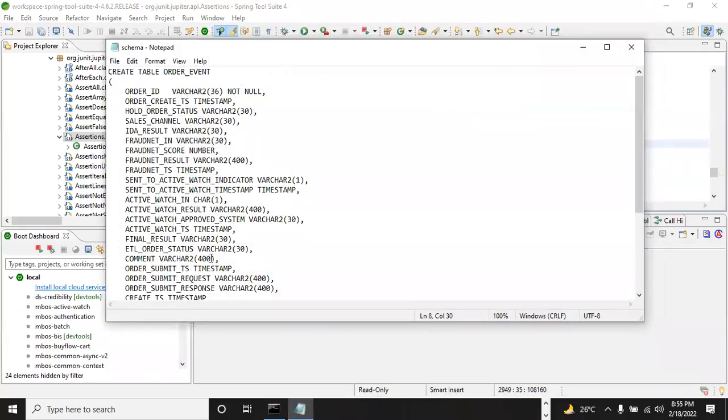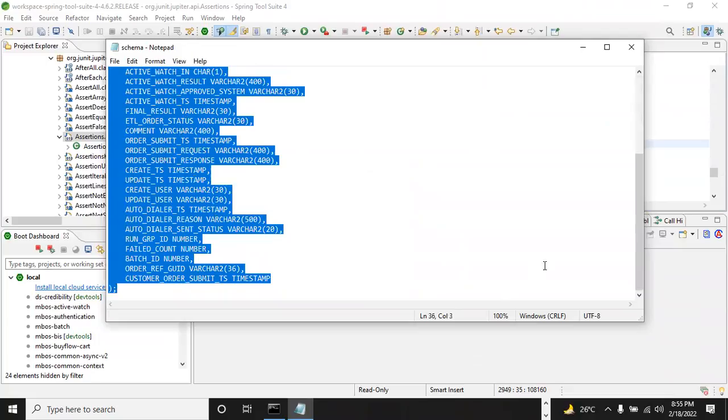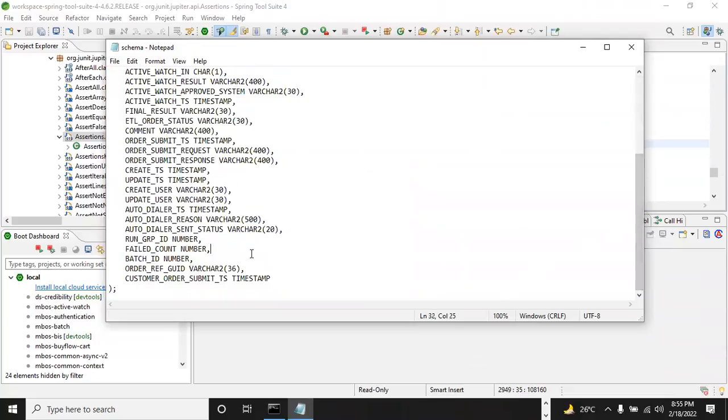Okay, so what we do is the similar table structure which you create in your Oracle, we do the same create scripts, everything, but it will be executed in your H2 database. So when does this H2 database get activated and when does it close? So whenever you're executing the Maven clean install, right? Only at that point of time, your H2 database gets activated.